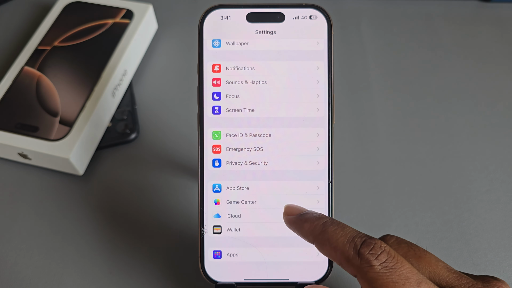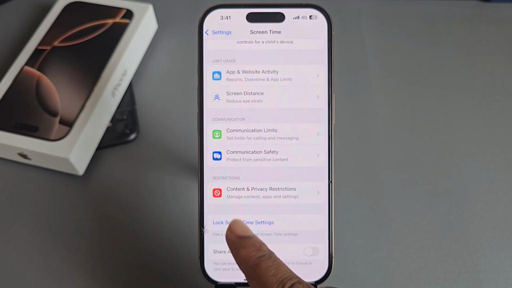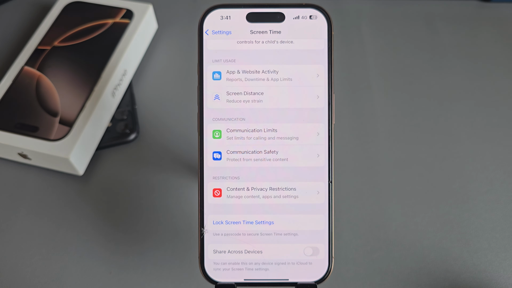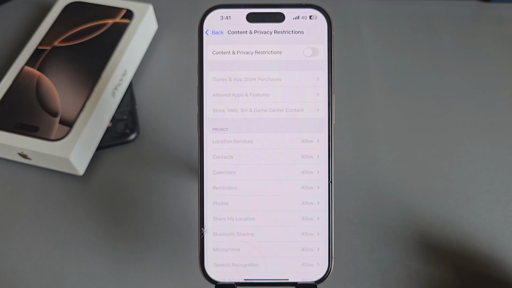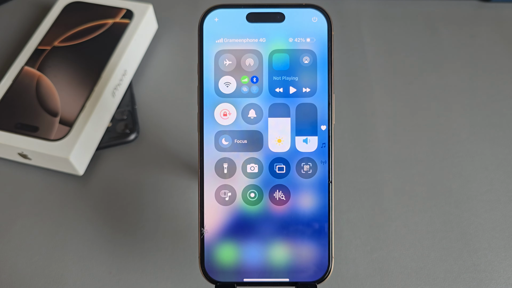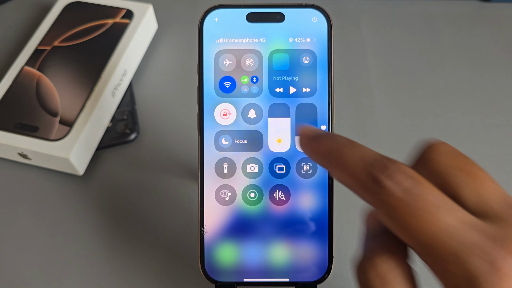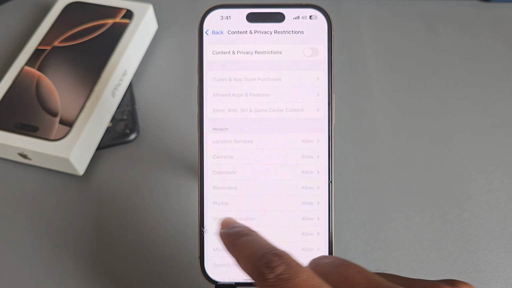and find the Screen Time option, and then go to Content and Privacy Restrictions and just disable it. Now go back to your Wi-Fi icon. If it's working, then okay, and if still not working, then go to your settings again,